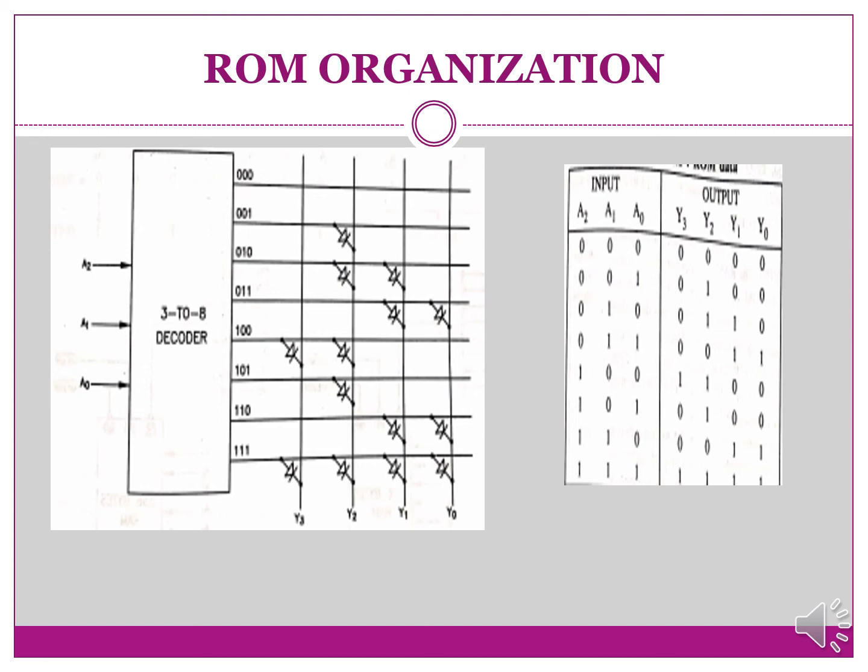Same way, in short, what we have done for the outputs: if there is any diode connected on that output line of your decoder, then that bit will become high. Otherwise, if there is no diode, then your bit will become 0. This type of ROM organization we can do.